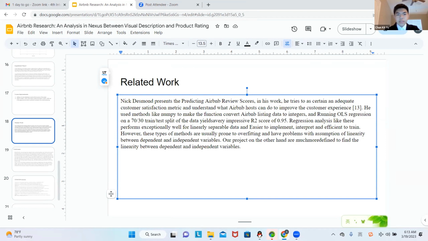Regression analyses like these perform exceptionally well for linearly separable data, and are easier to implement, interpret, and efficient to train. However, these types of methods are usually prone to overfitting and have problems with the assumption of linearity between dependent and independent variables. Our project, on the other hand, is much more defined to find the non-linearity between dependent and independent variables.